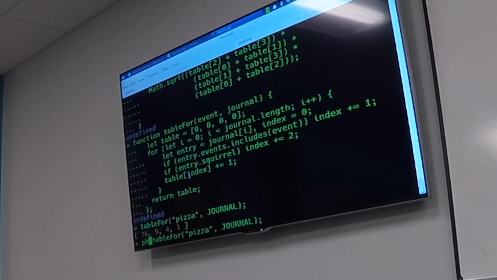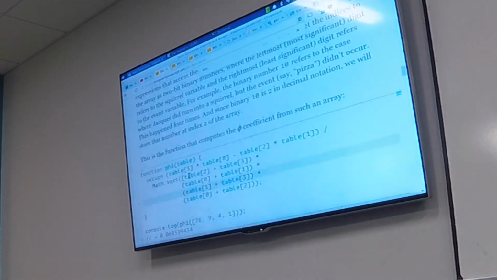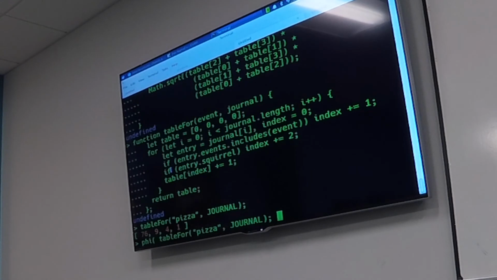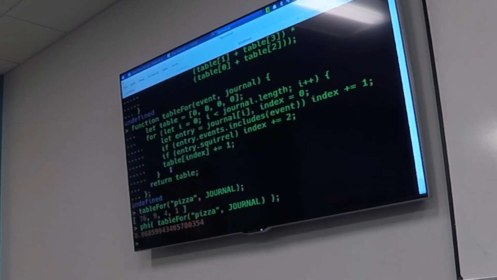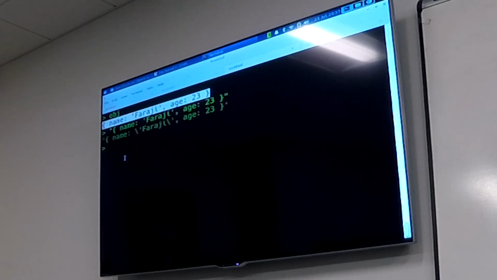Right. So we're going to take it and we're going to say this, remember the stupid math function is phi, because that's the Greek letter. So phi, table 4, journal, like that, and we get 0.06, right? That means there's almost no correlation, but something has to take it and make it an object. Use this thing called JSON parse, right? So I can say JSON parse this,